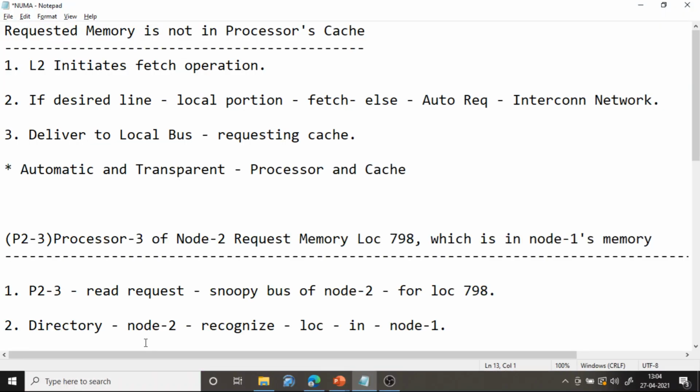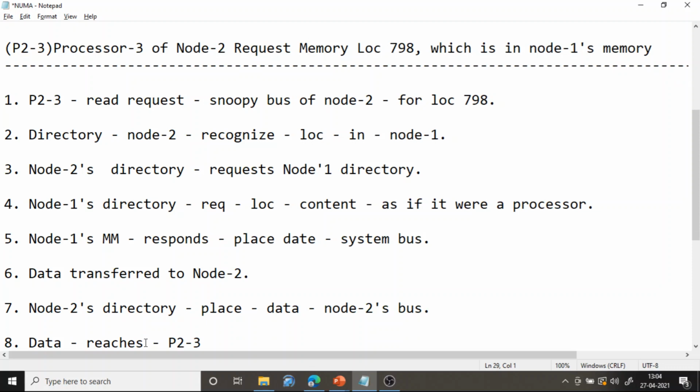That was explained here step by step. Say processor 3 of node 2 is requesting the memory location 798, which is in node 1's memory. But processor 3 doesn't know all these things. Processor 3 of node 2 is just placing the request via the Snoopy bus of node 2 for location 798. So the directory of node 2 recognizes this, and it checks,